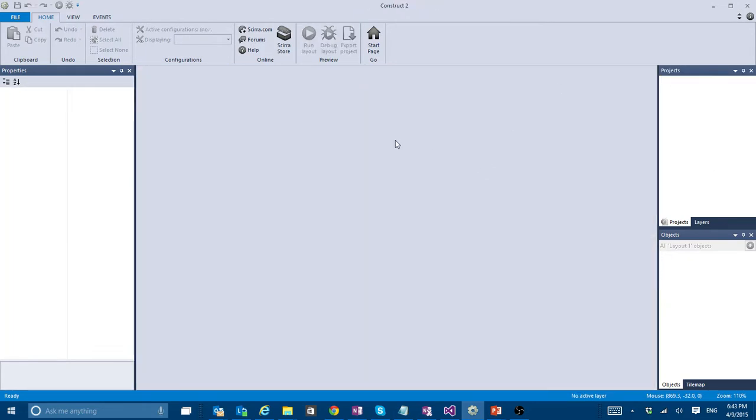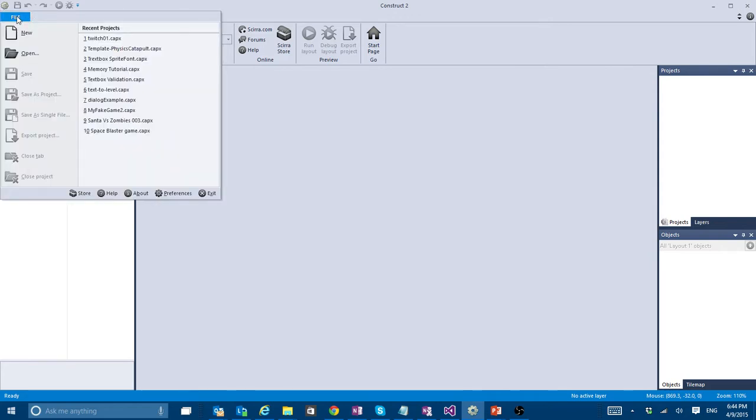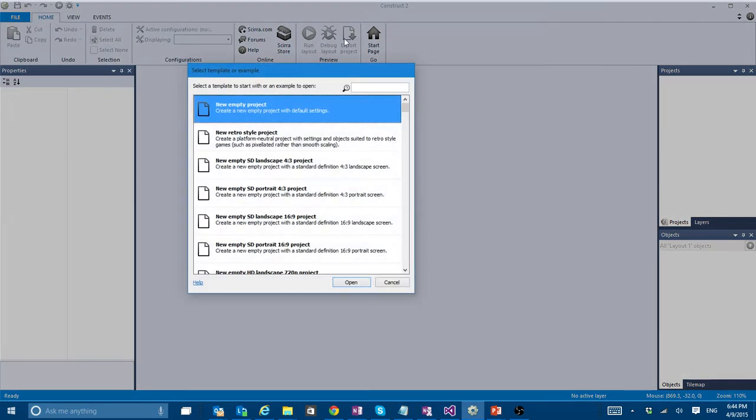So well, let's see. When you install Construct 2, you should be able to see something like this. Perhaps you are going to see a small menu here in the center, but most likely it's going to be something like this. So let's start with how do I create a project. That's going to be here in the file menu, and you go for new. So there you have a long list of